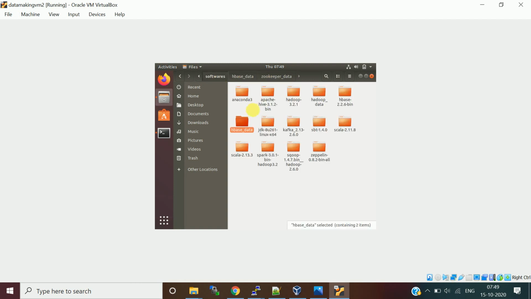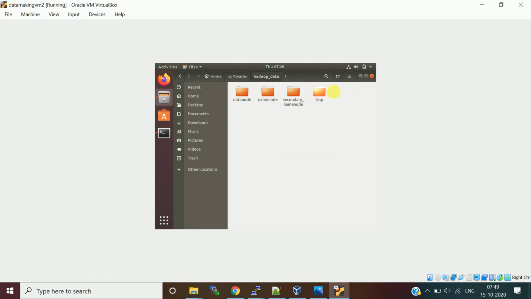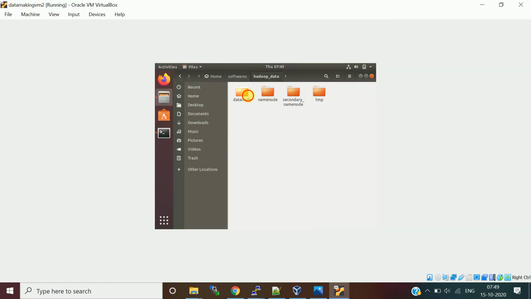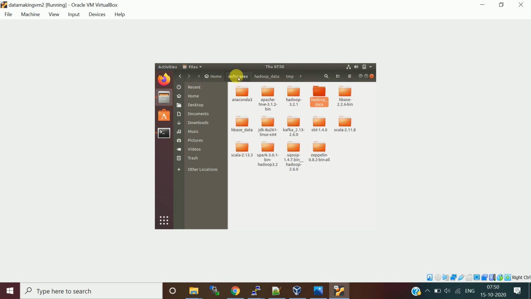Now I'll come back to the Hadoop data folder and remove that as well. I'll remove whatever data is in the data node and the name node. The secondary name node and temp have no data available. Now we have cleared all this metadata.